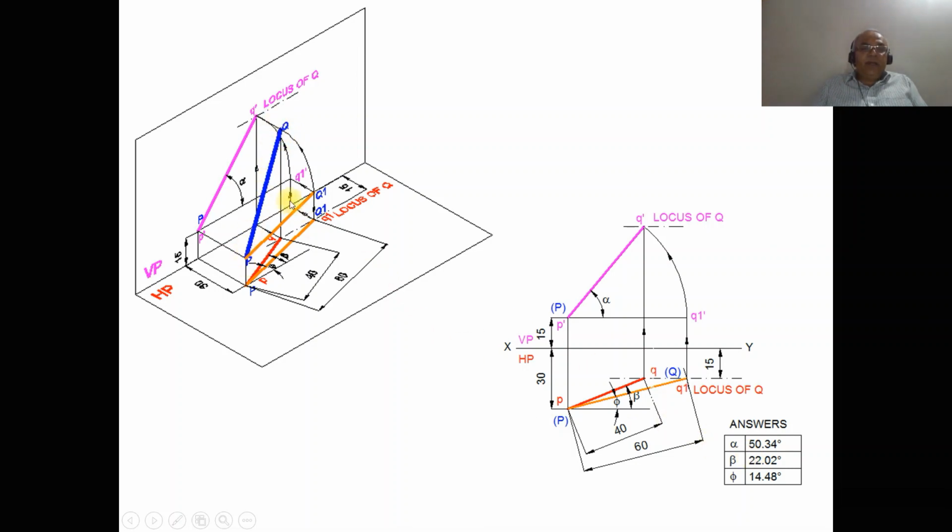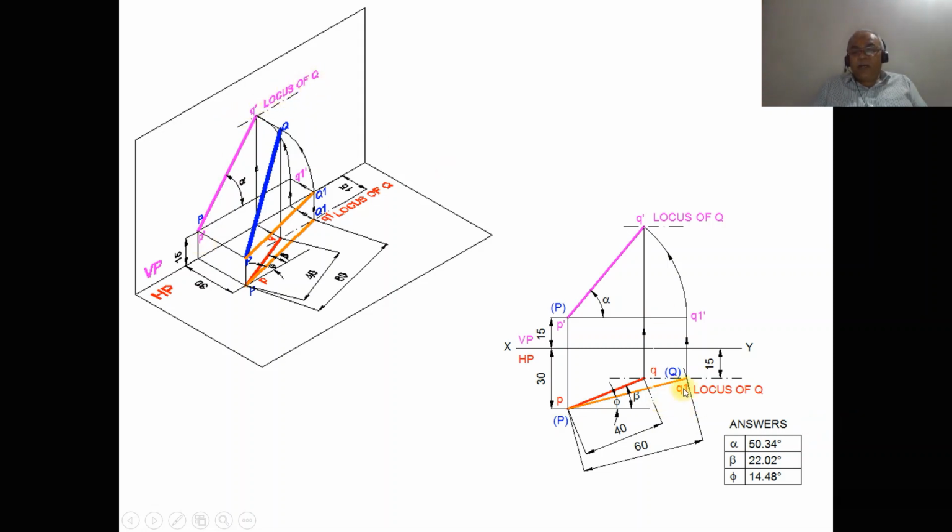When you are projecting from the front view, what happens? You will have a line from here to here. As we are rotating this with P as center, what happens to the position of P dash also? As we look from the front view, the image is projected onto Q1 dash here and from P dash here. So P dash Q1 dash is parallel to HP. With P dash as center, P dash Q1 dash is the radius you are rotating, so that this Q1 dash lies on this end projector, to get Q dash. Then join P dash Q dash with a dark line. So you get the locus of Q in the front view.